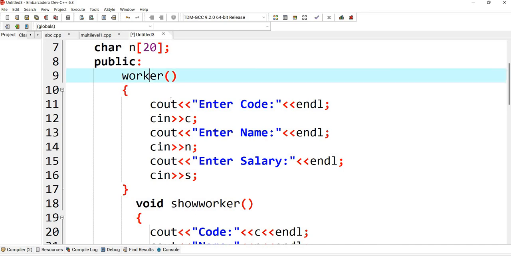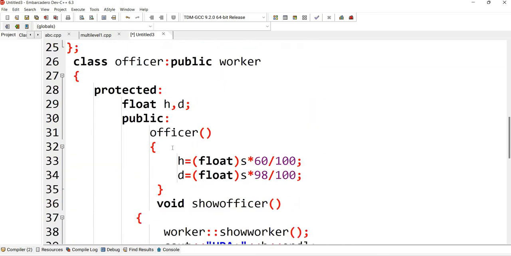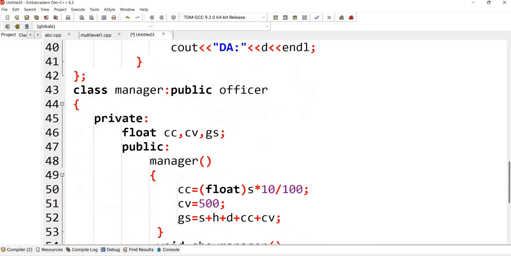The worker is also a constructor, officer is also a constructor, and manager is also a constructor, right? So if it is a constructor, by default when the object is taken, no need to call the constructor. By default it will be called automatically, right? So the only thing we have to call is the member functions using the object.